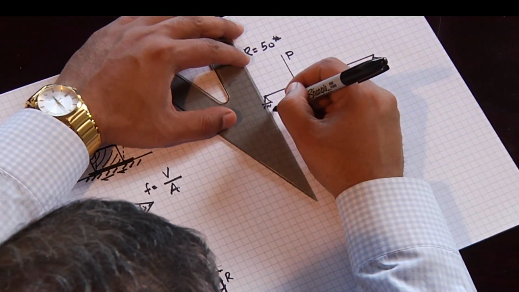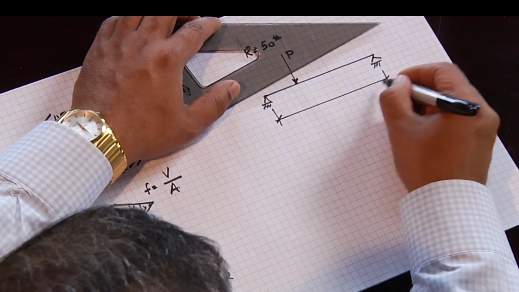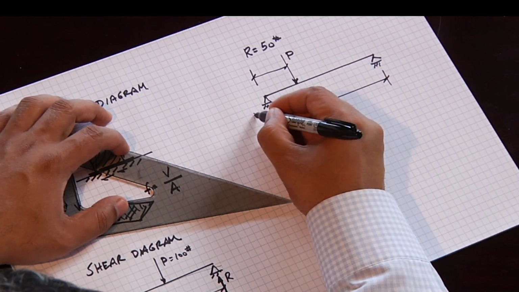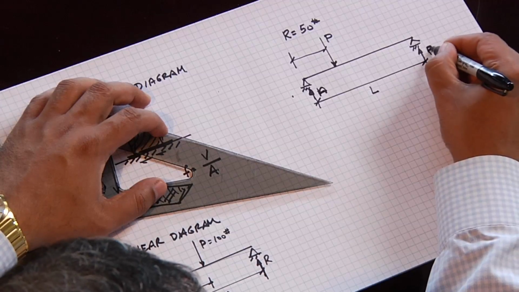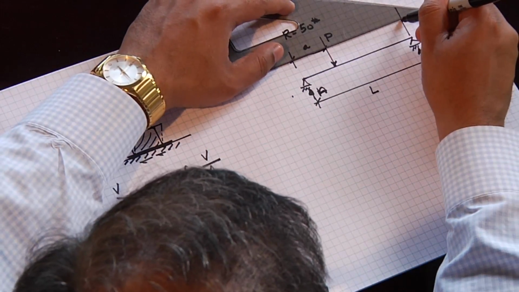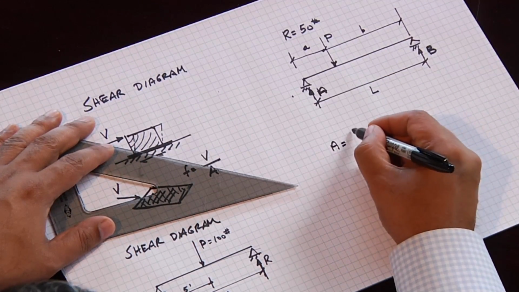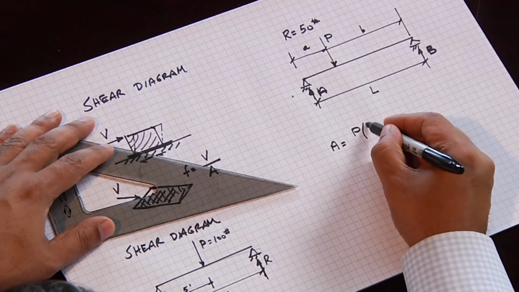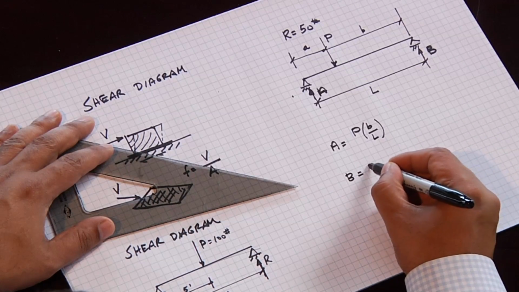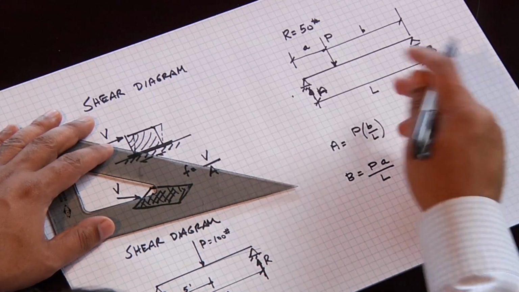Here's my load, and right now I'll take the example that I have a general span of L. The distance to the left span, we'll call this reaction A, and we'll call this B. This distance is A, and this distance is B. The equation for the left reaction is the load times the distance ratio between the span and the distance to the right reaction, and vice versa. So when A and B are equal, A equals exactly half of P,